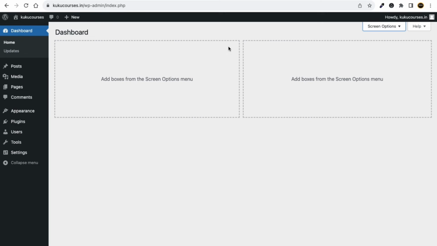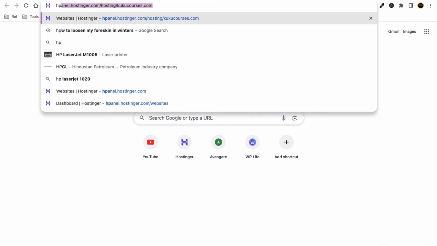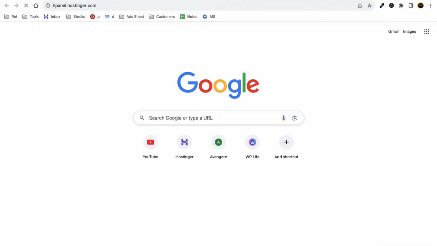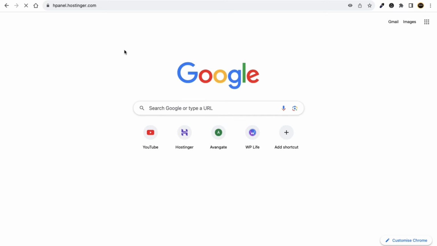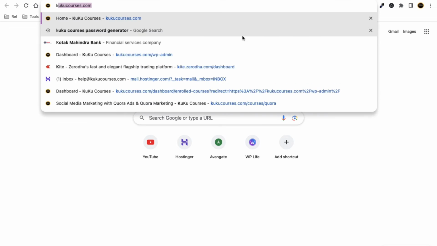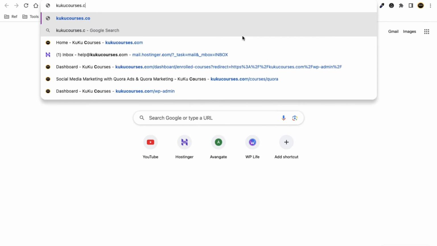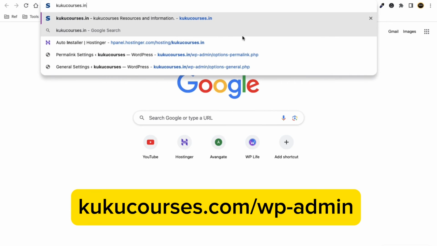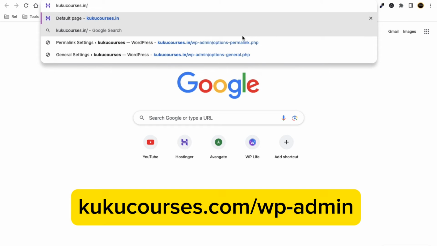Okay, and one more thing which I just want to tell you now, my friends, it's not always necessary to go to your hPanel like this, hpanel.hostinger.com, and then from here you can access your WordPress website. What you can do in a very simple way, you can just type the domain name you have purchased. So in my case, I have purchased this one, kukucourses.in, right? Now you have to add slash, then you have to write